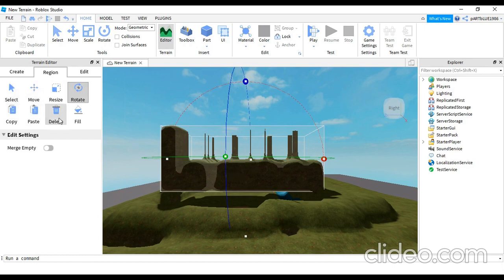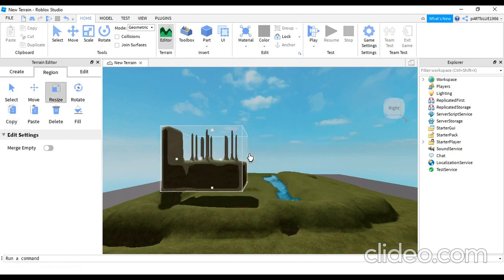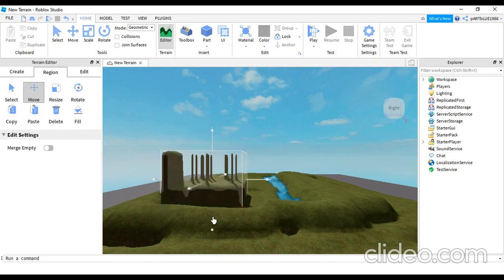Now copy, paste and delete are similar to what we are doing already. With Control D we used to copy any kind of parts. Now you can copy any of your terrain also. Suppose you have made one mountain and now you want to make multiple mountains, then in that case copy paste is very useful. So first of all let me place it somewhere else. Now suppose I wanted to copy this much of terrain and place it somewhere else also. This is helpful when you want to make the same type of terrain again and again.